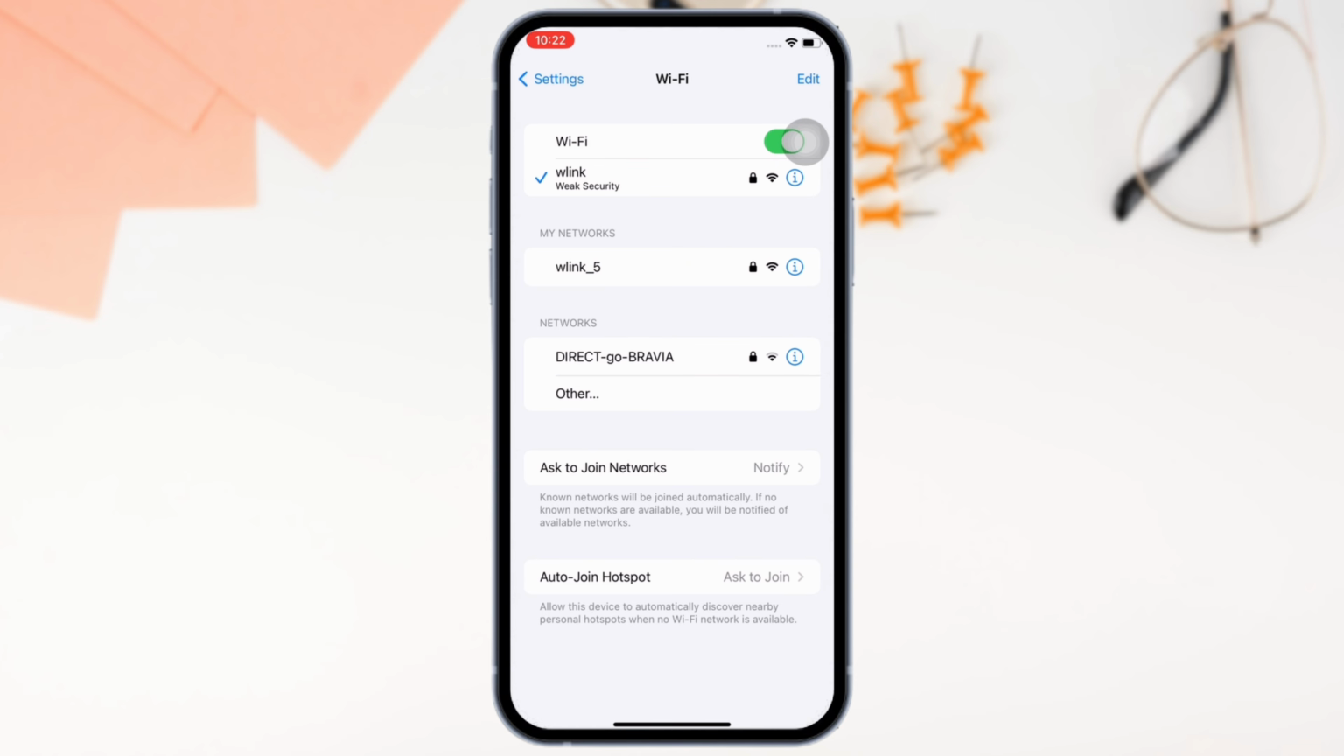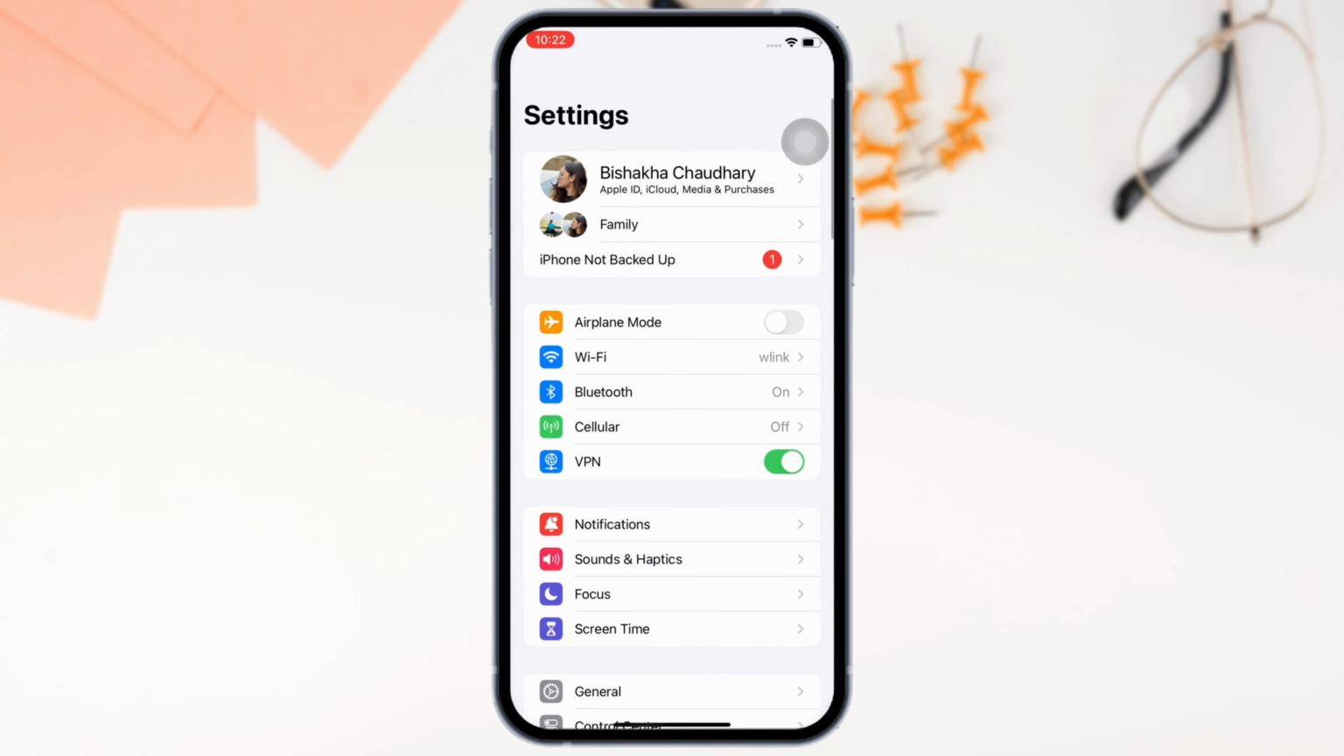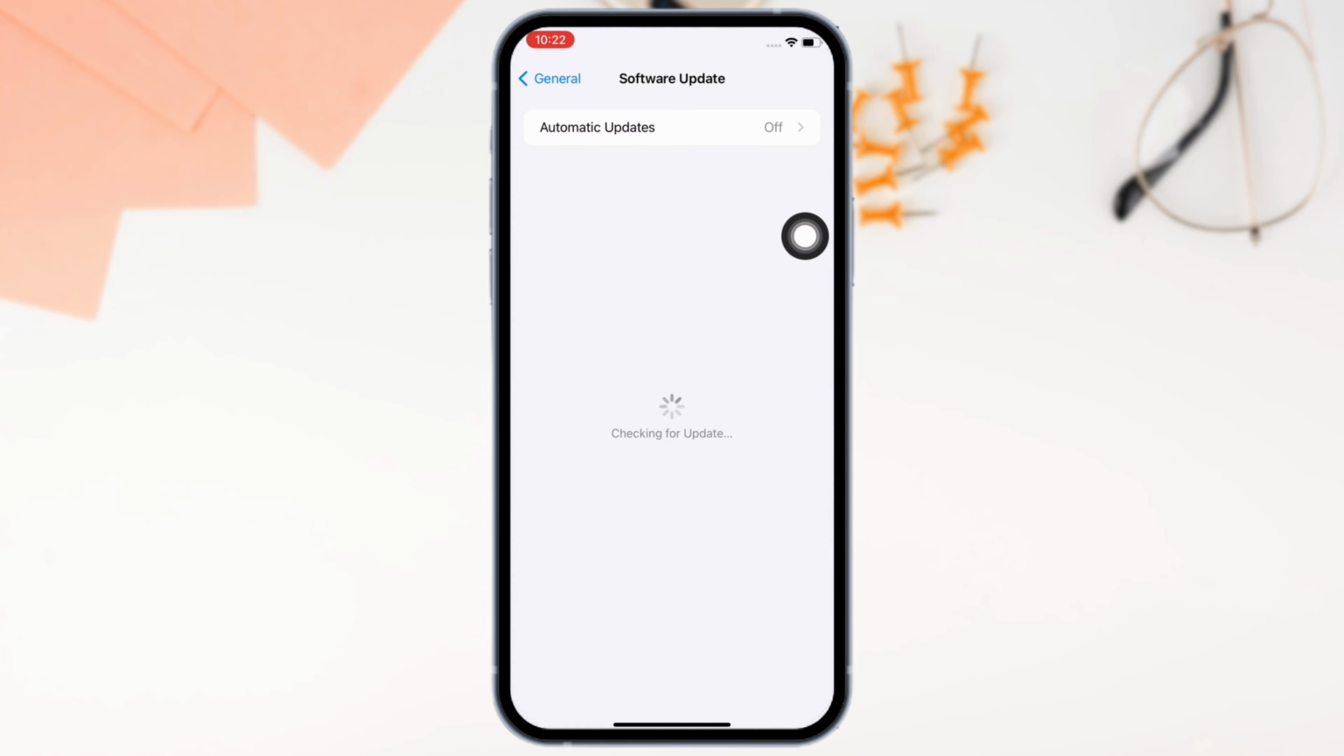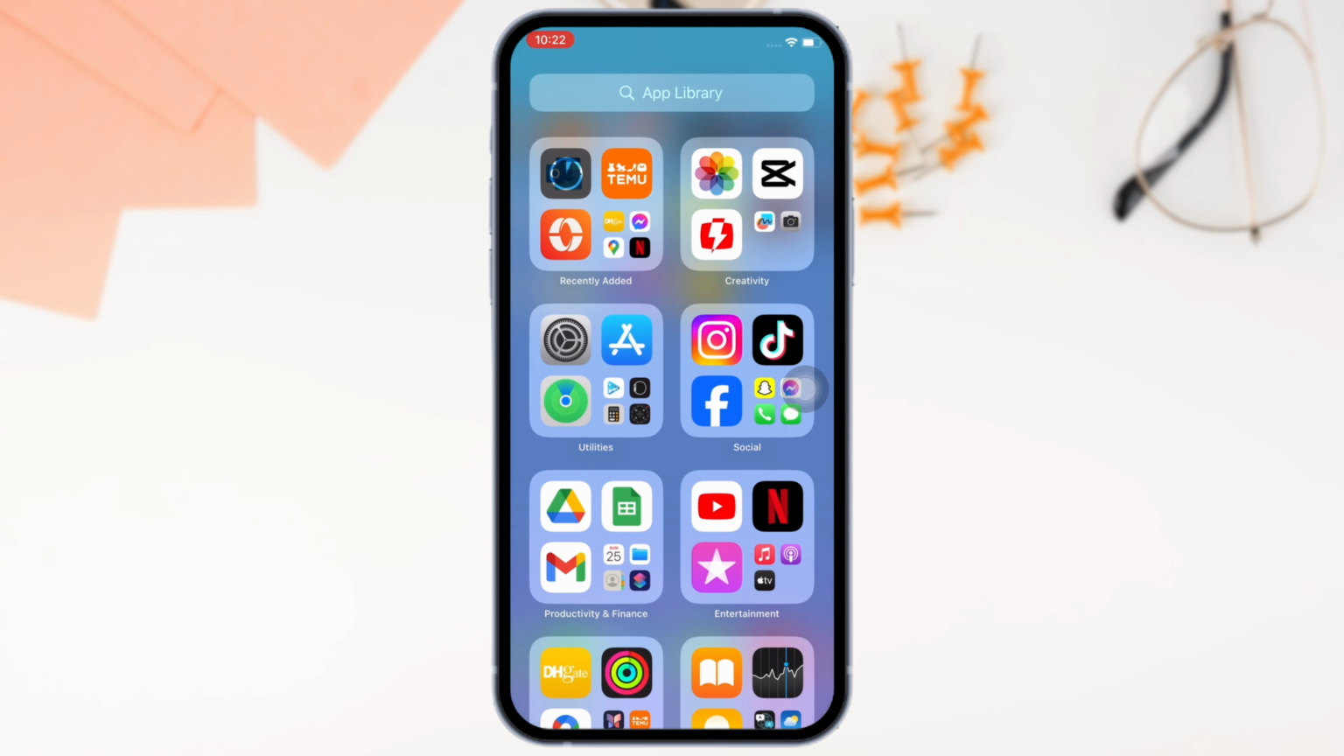If that doesn't work, go ahead and update your Android or iOS version. Check which Android or iOS version you are using, and if you see the update, go ahead and download the latest version. If your issue is still not fixed, then the next fix for this issue is to update your browser